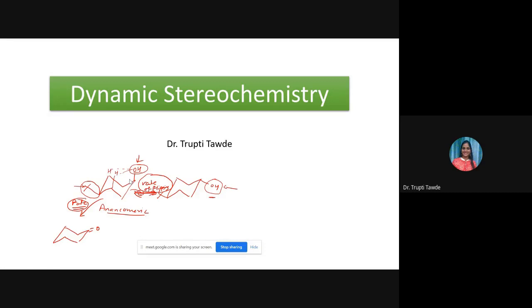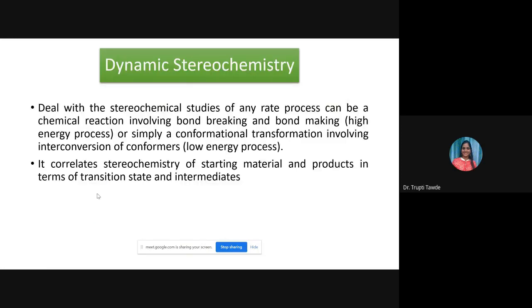If I'm starting from the actual alcohol, I should confidently say at the end of the reaction that I'm getting this entire reaction from the actual alcohol, and hence I need to fix this alcohol, that is OH, at the actual location by attaching this tertiary butyl group at the equatorial location. Okay, so dynamic stereochemistry, of course we deal with all these stereochemical processes, but it is very important